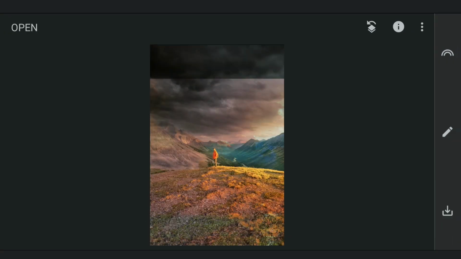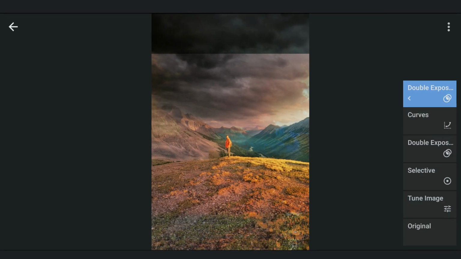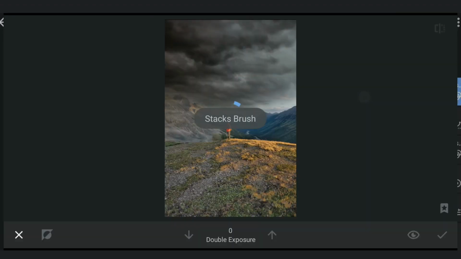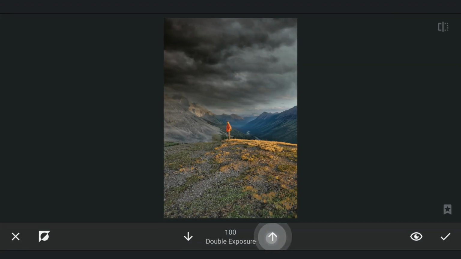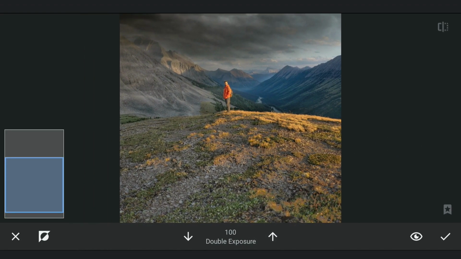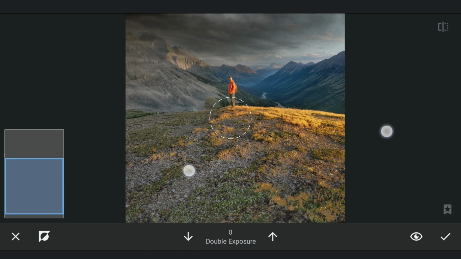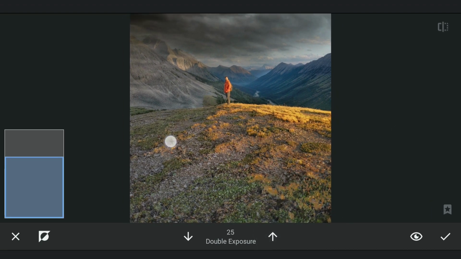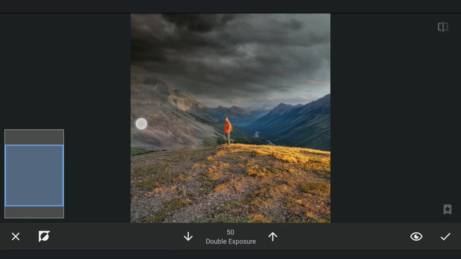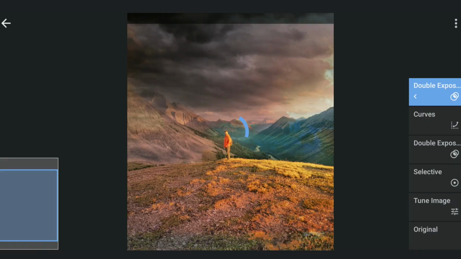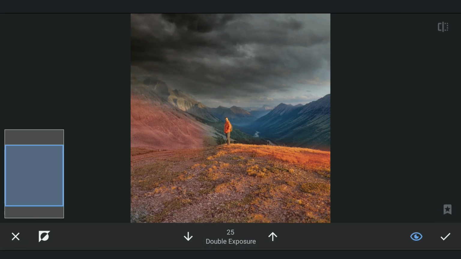Going to the masking screen now. Brushing on these shiny parts to make it look like the sunlight is hitting those parts. Brushing on the bottom too with a little less opacity. Also on the mountains to get the orangish shade. This gives this subtle effect.